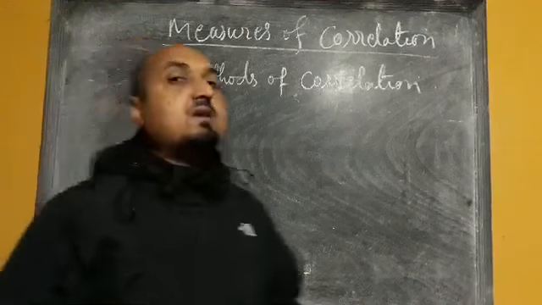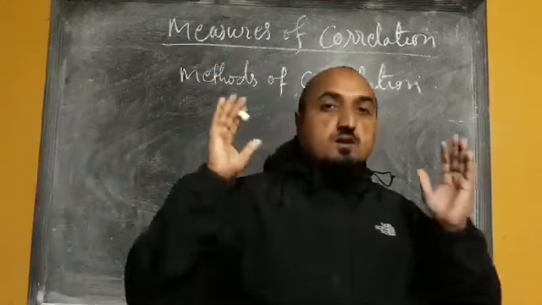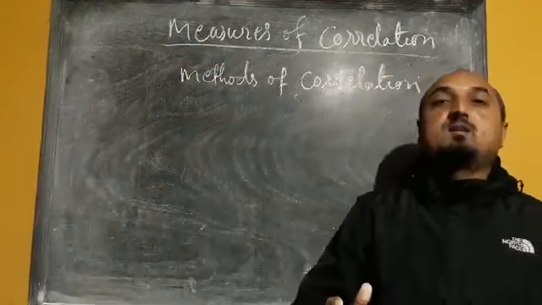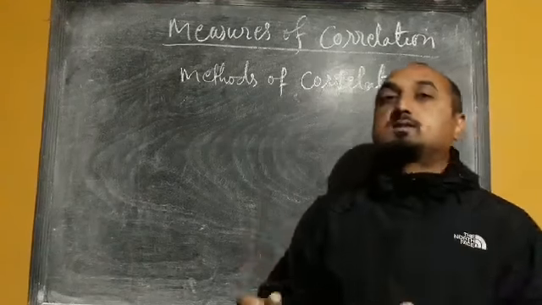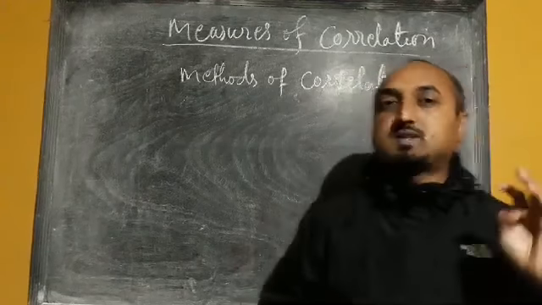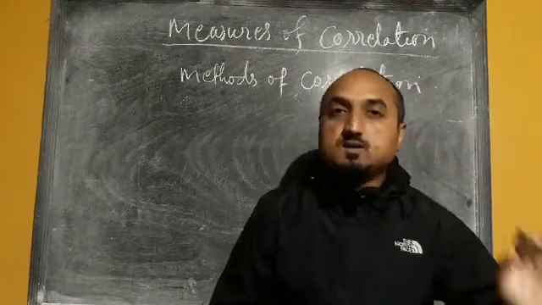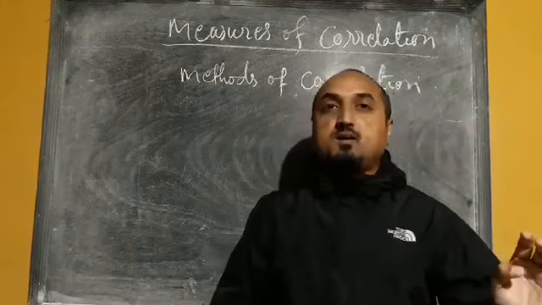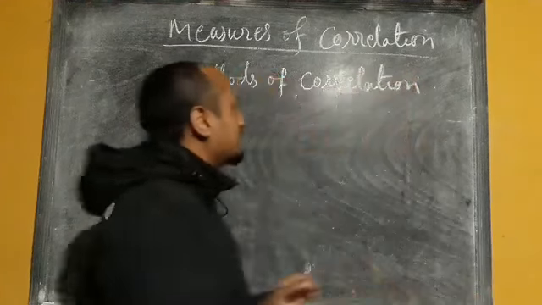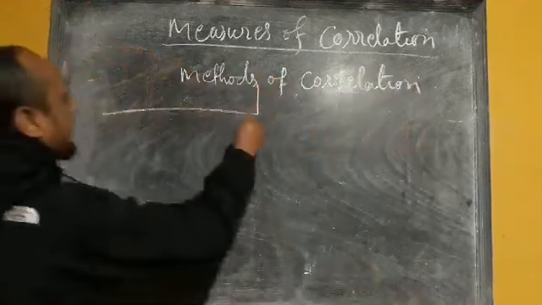Now mainly there are three methods to estimate or to measure the correlation coefficient. First one we have scatter diagram, second one we have Pearson coefficient of correlation, third one we have Spearman correlation coefficient. So the three methods we have: